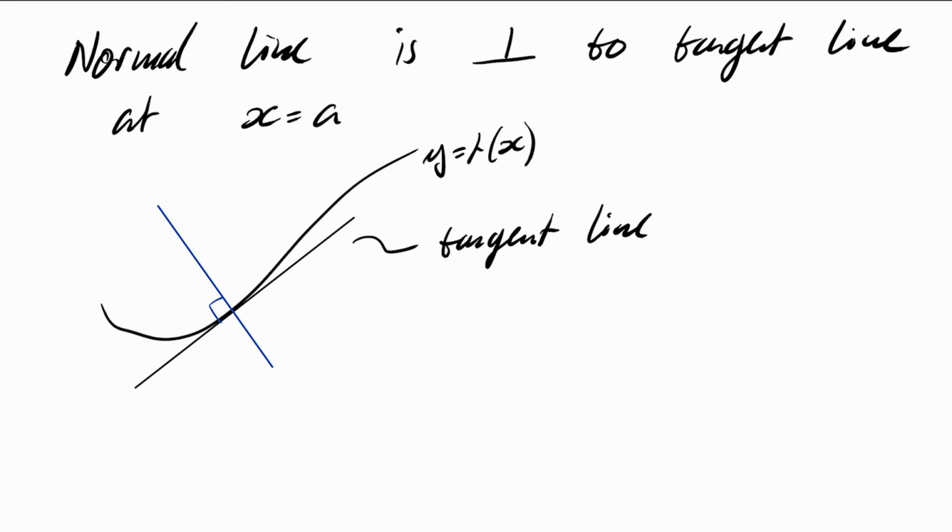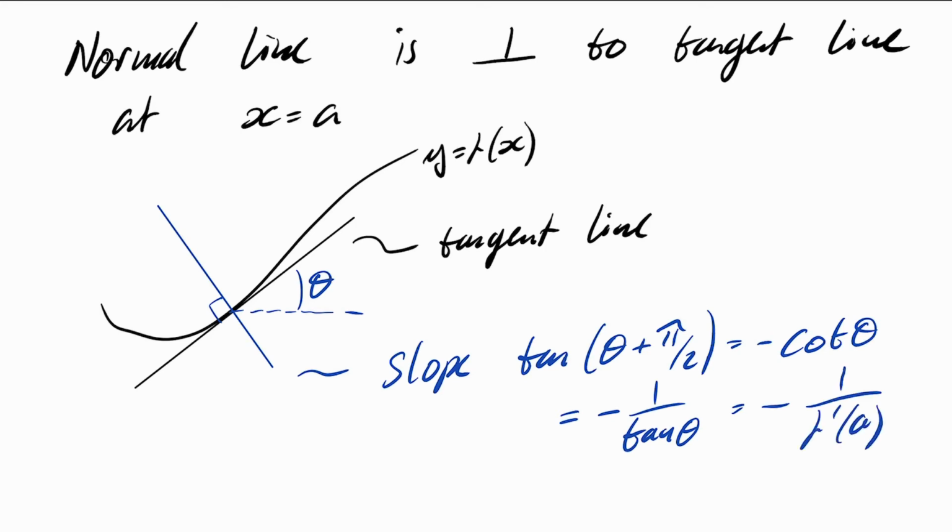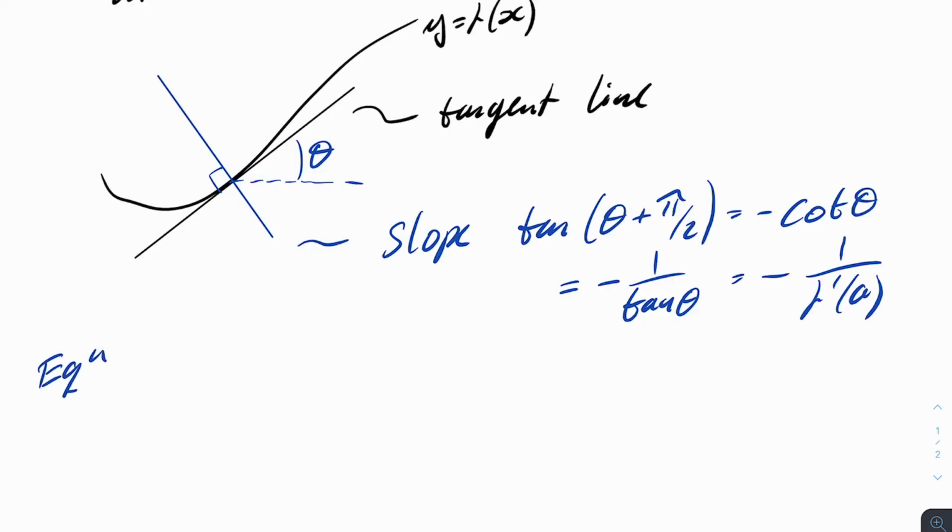It makes an angle to the horizontal. If we know that our angle in here is theta, then the slope of this curve makes an angle which is tan of theta plus pi by 2, which is just minus cot theta. So therefore the slope of that line is equal to minus 1 over f prime at the function value a. And therefore the equation of this line,